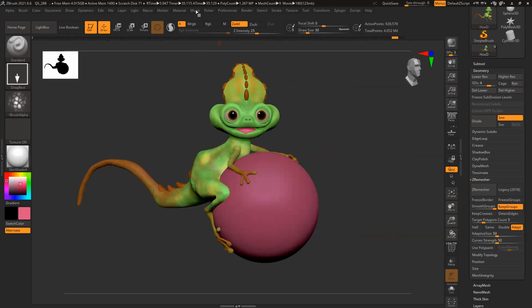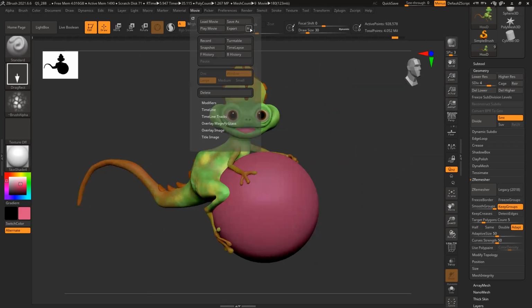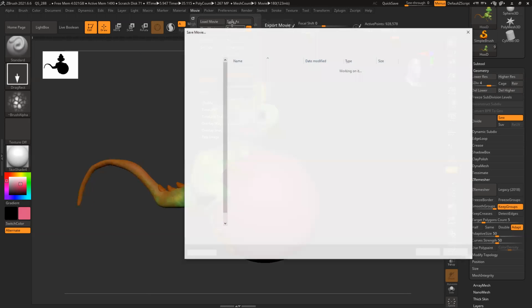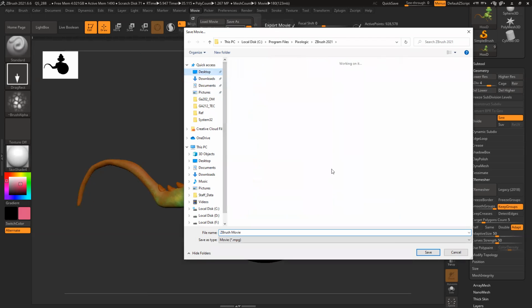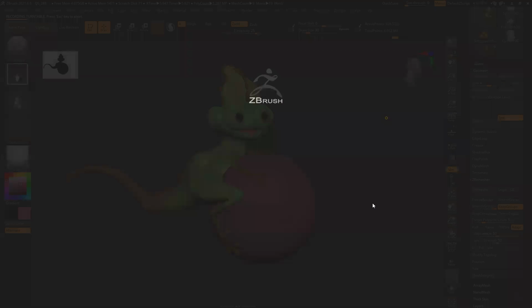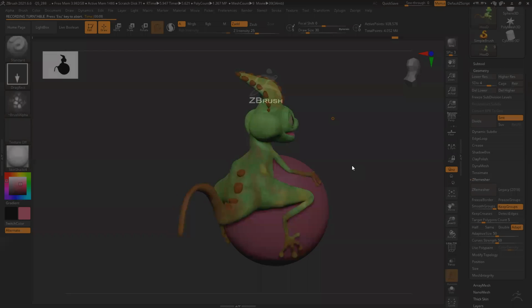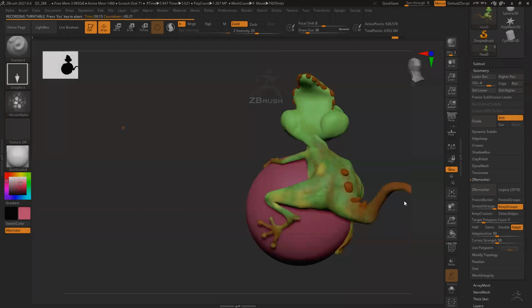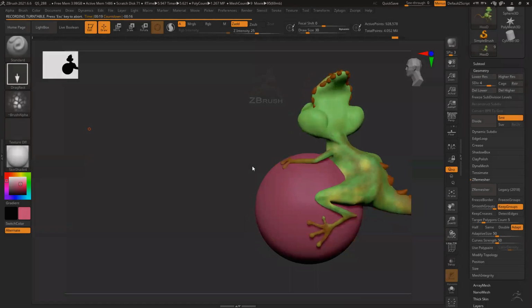And once this is done, go to Movie. You can see there's something called highest quality and export. Now you can export this into a movie on the desktop. But you can see there's a fade in, fade out. It's a very common thing. So if I don't want this, I can remove that as well.